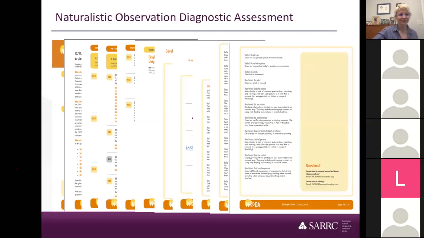And that's just a way that we can meet the needs of different clinicians that are using Noda